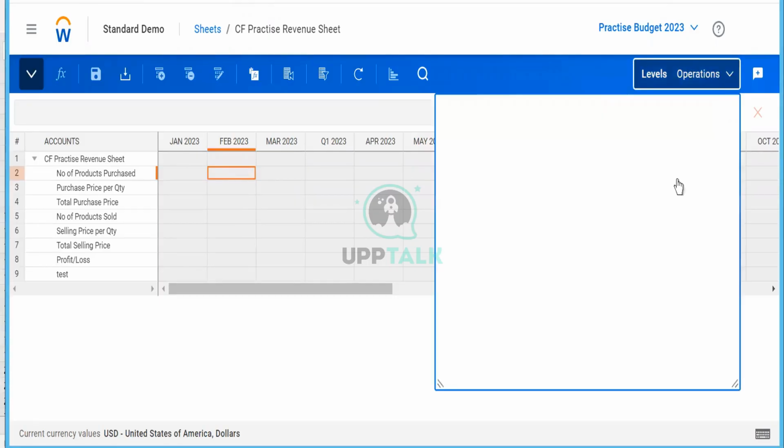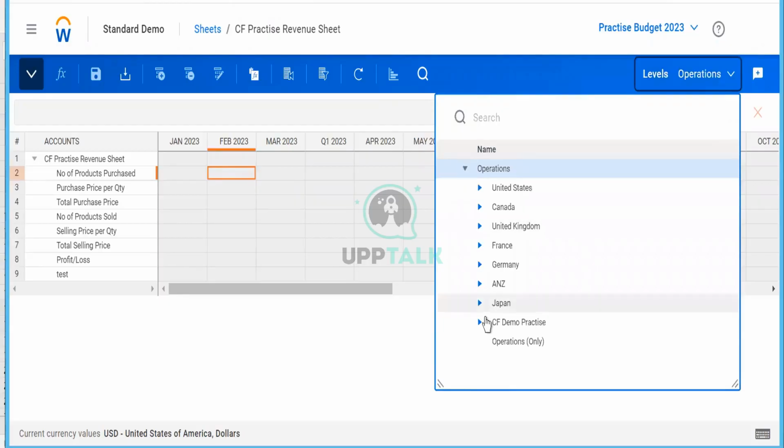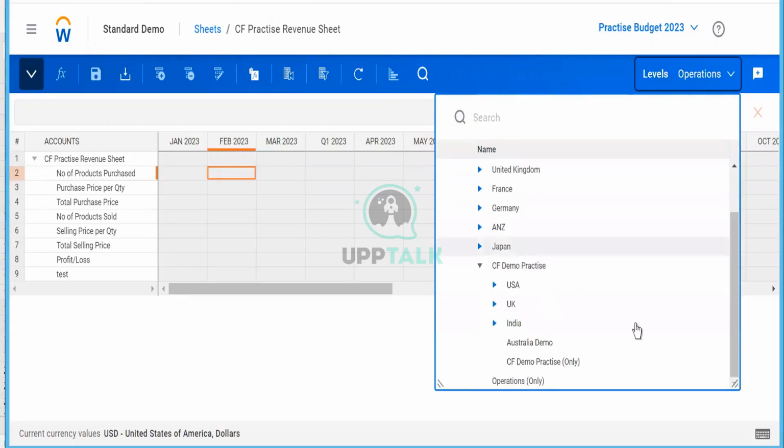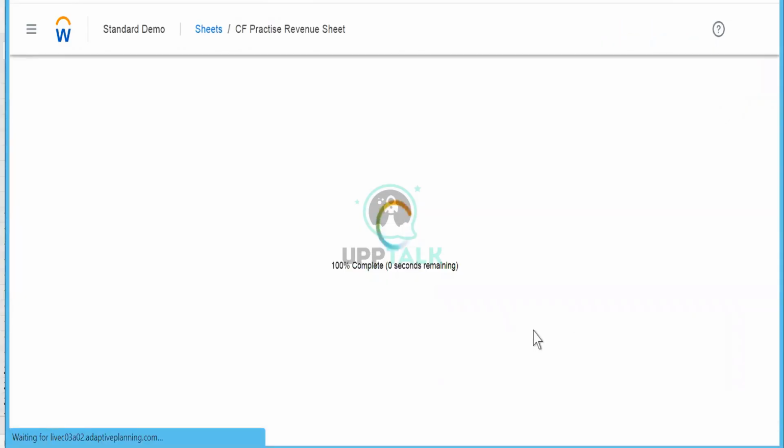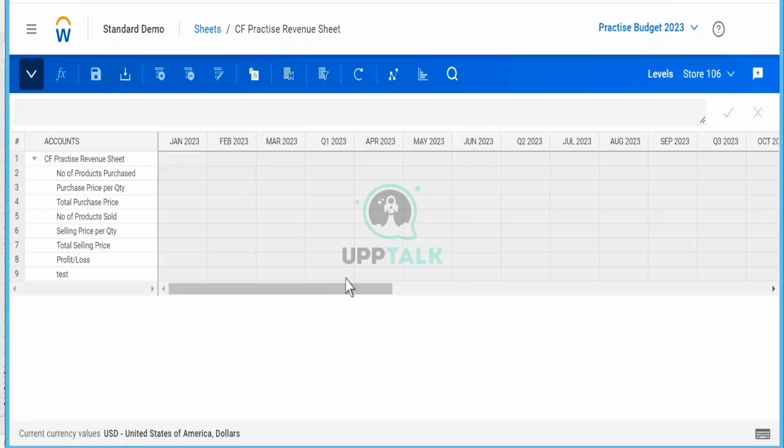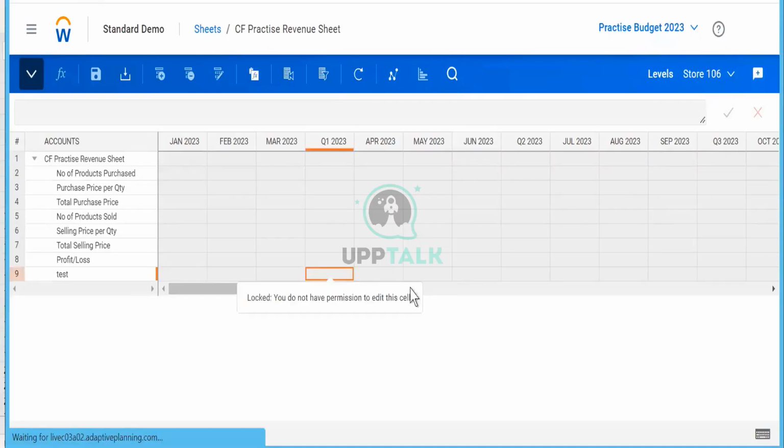Where can you enter the data? You can always enter the data at a child level. Can you tell me which is the child level here? Do you think we can enter the data in demo practice? Now can we enter the data in user? No, because you have some sub counter. Can we enter in New York? Perfect. Once you click on store 106, because this is the lowest level, and inside the lowest level only you can enter or write the data. Let's see if we can enter the data here.